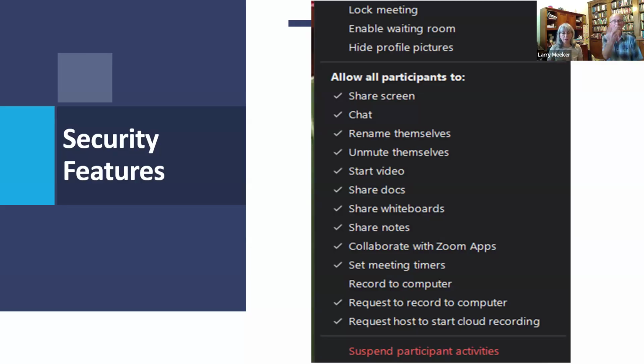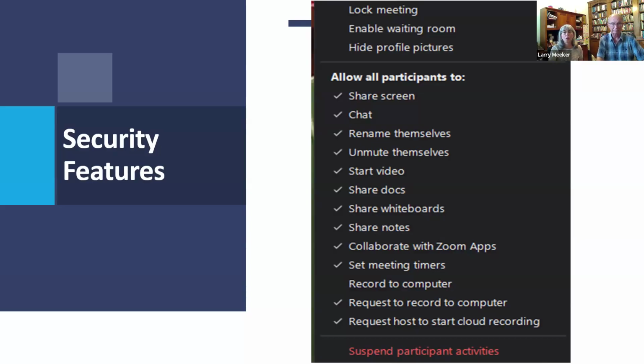Pretty neat. The only one, I leave them all open unless I'm working in a closed country, again, like China or someplace where you have to have a lot of sensitivity. But the one I don't leave open is when someone wants to record the meeting to their computer. You can ask if I will allow them to do that in the meeting, and I may or may not, depending on the content. But that's really the only one that I want a little bit of control over,